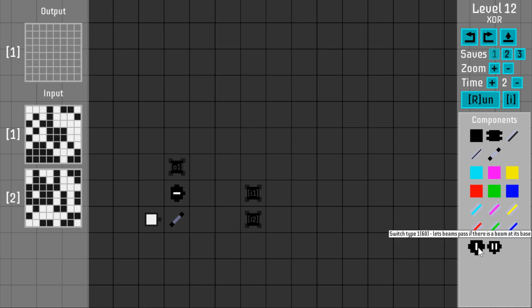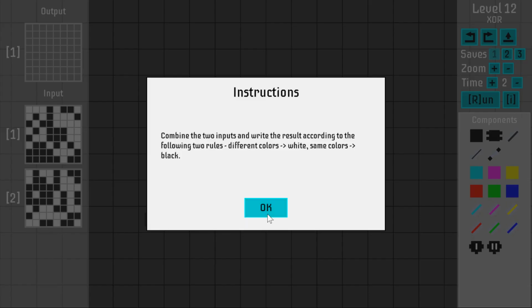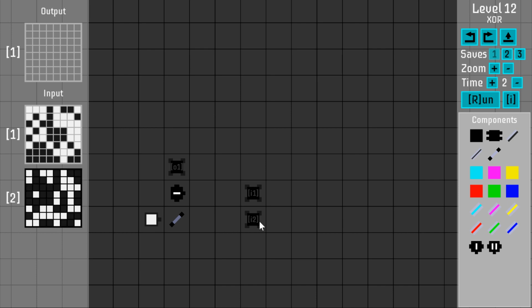I'm thinking like this, and then I'll use. Wait, hang on. This is let beams pass if there is a beam, which is if these two are different, right? Yeah. Okay. So now we just need to have these two feed into one of these also pointing here. The layout of this is a little bit tricky, but or wait, can we just run the input through? No. Yeah, we do have to have these produce separate outputs. Okay, so